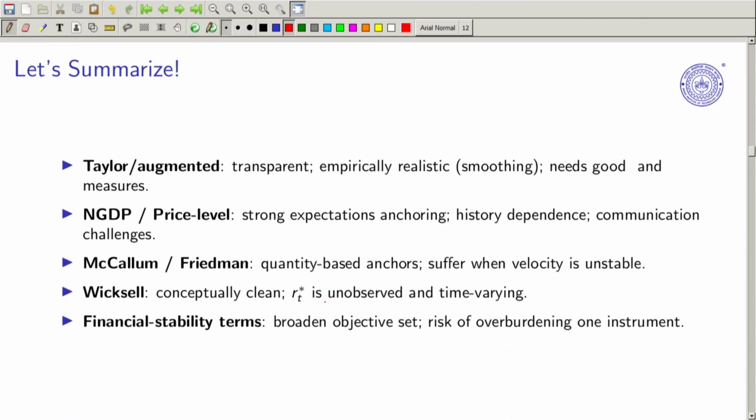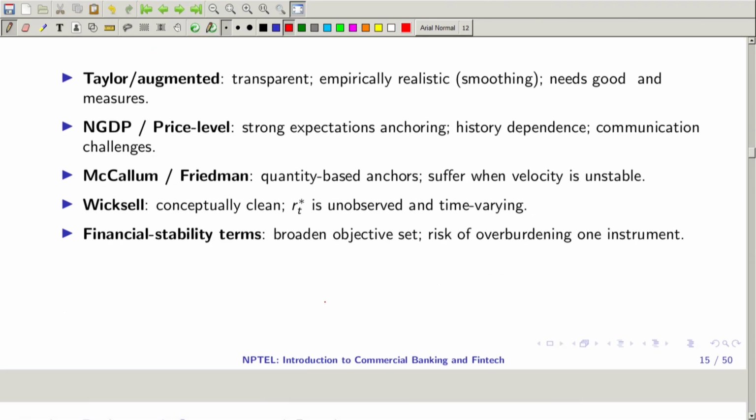So let's summarize. Here we augmented the normal Taylor rule with interest rate smoothing or inertia. Then we also targeted nominal GDP growth. Then we had Friedman. We talked about monetary policy and the velocity of circulation of money, how quick it is. And Wicksell, who mentions the rate of interest and how it can play an important role, and it is more or less linked with the Fisher idea. And the financial objective, which is linked with macro potential. So this is how we discussed it.